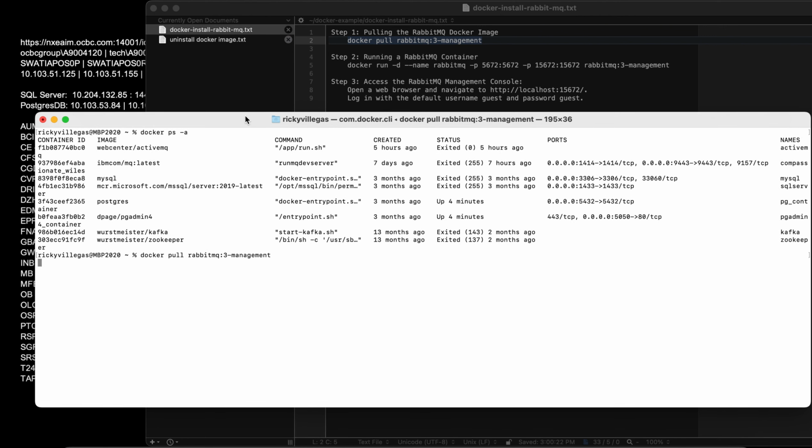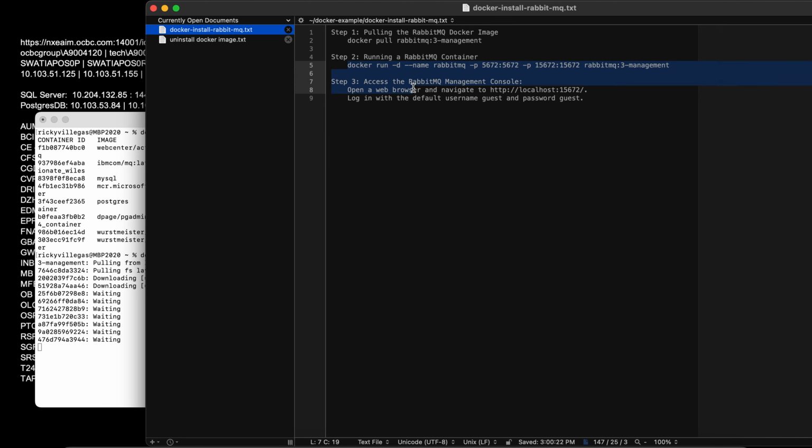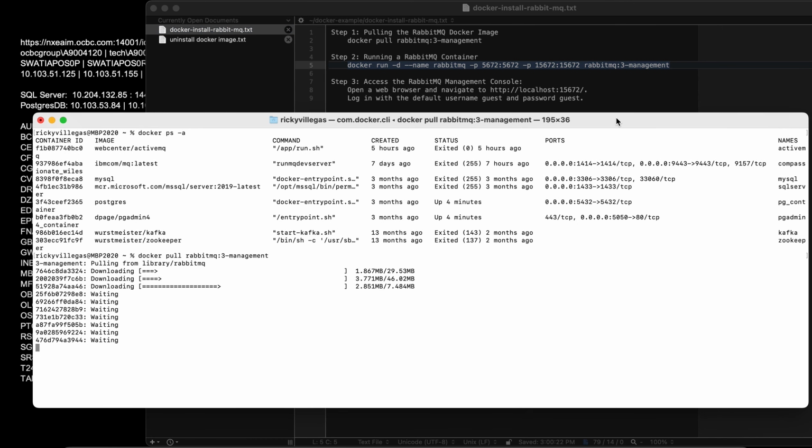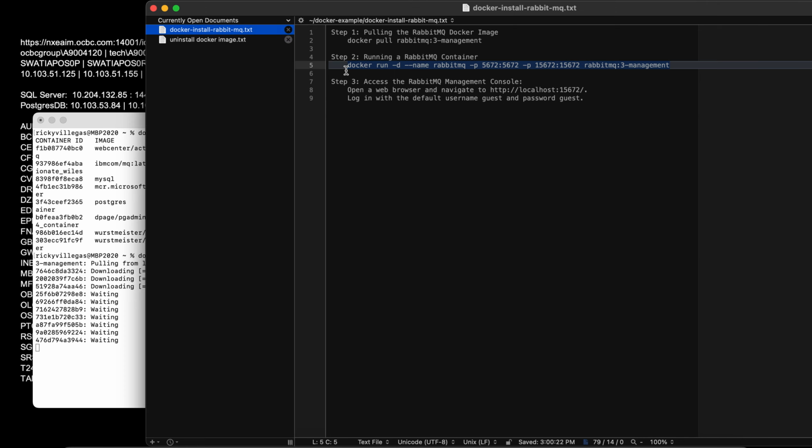For the first time, it will be a bit slow, but the next time you install it, it's actually very fast. After we pull the image, we simply run it. That's it.